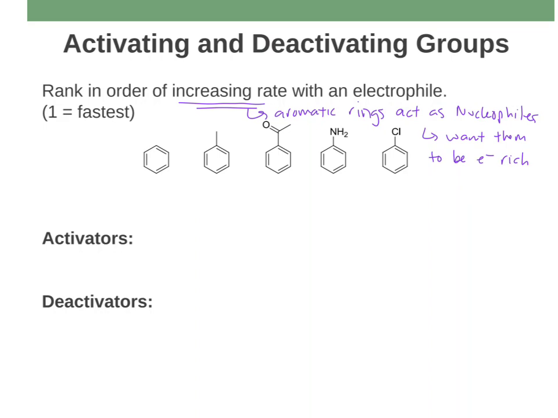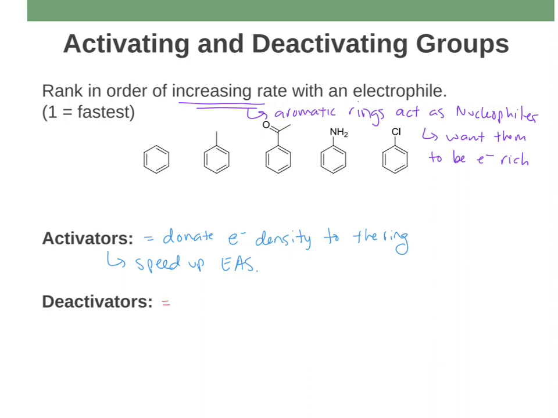So our activators, I'm just going to write this down here, right? Our activator groups are going to be things that donate electron density to the ring. Right? And by activators, we mean things that are going to speed up those electrophilic aromatic substitutions. They're going to go faster if you try to do them on a ring that is already electron rich. Now our deactivators